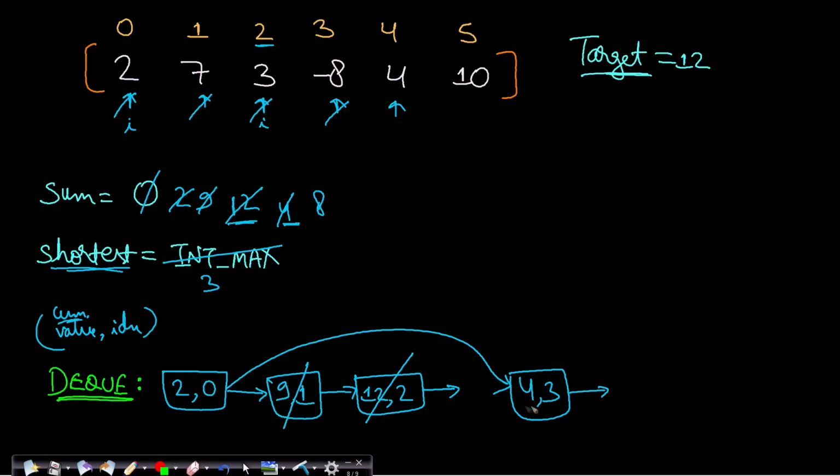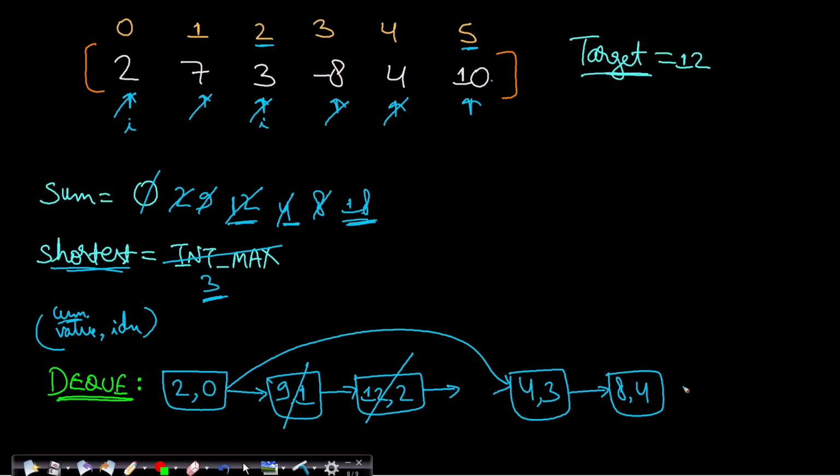So this is basically your front element, or your back element, whatever you call. If you call it back, then this is front. So you insert 8 comma index is 4. Now you move on to the next element. This is 10, and this becomes 18, and this is greater than equals to your target. So obviously if you keep on adding from the beginning till this point, then this entire array sum will be 18, and this will be greater than equals to target, and the size is I plus 1, which is 6. 5 plus 1 is 6. Compare 6 with 3, but 3 is lower, so don't do anything.